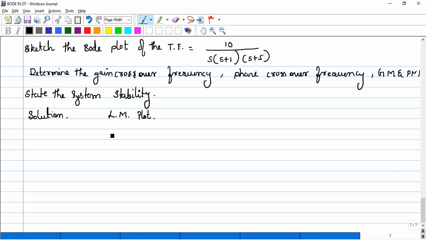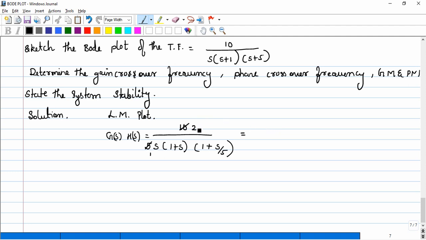So that is g of s h of s, equal to 10 by s, which is in standard form, as well as 1 plus s, followed by, if I want to write the factor s plus 5 in standard form, simple, take 5 as a common outside. Then what will happen? 1 plus s by 5. If I take 5 outside, I have 10 here and 5, so 5 into 2. So this will be the standard form. So finally I can write.